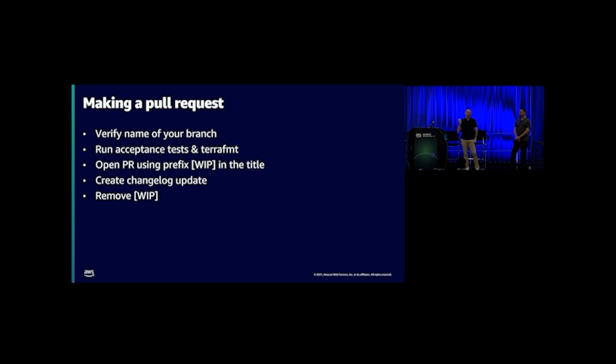You're also supposed to run the acceptance tests, not just the ones you wrote, but all of the ones for that service to make sure there's no regression across the service. I'm guilty of breaking multiple things across multiple services on what I thought were small changes. They also want you to run Terrafmt, which runs a linter against the HCL code that's embedded in your acceptance test to verify it meets the requirements, tabs versus spaces, and that kind of stuff.